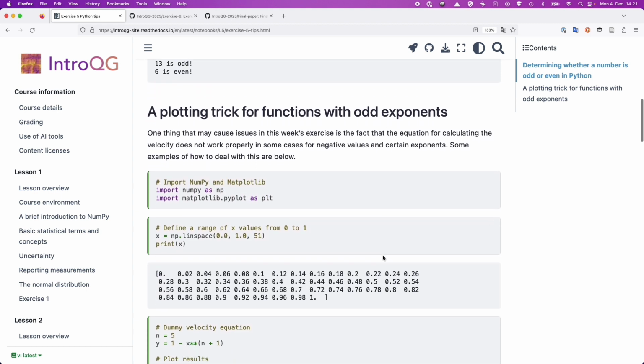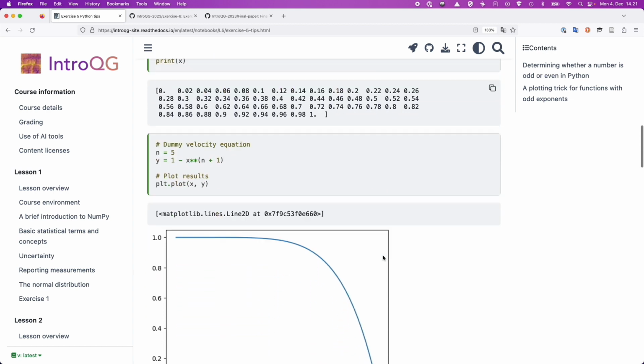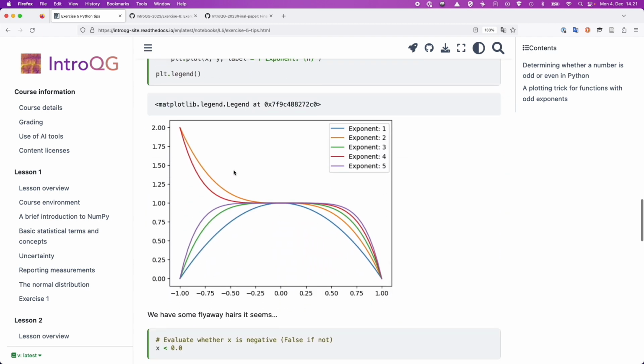And then also how to deal with this issue that has to do with the equation that's used to calculate the glacier flow velocity when you have even exponents, and it does something that looks like what's shown in the plot here for negative values of, I guess it's y in this case, which is the width across the glacier. So, those are both there, and I wanted to ask you folks,